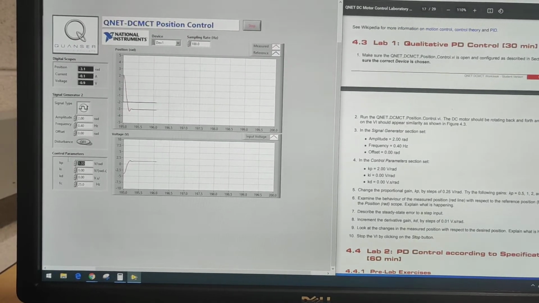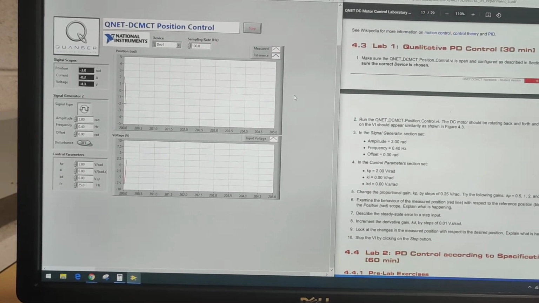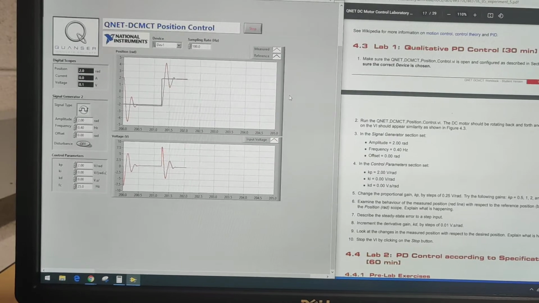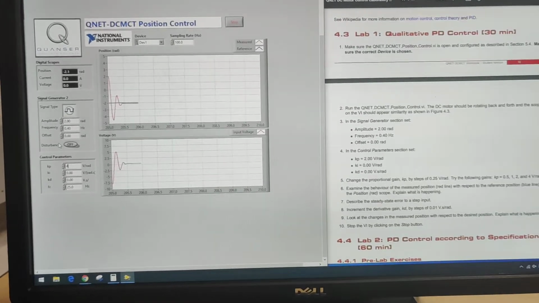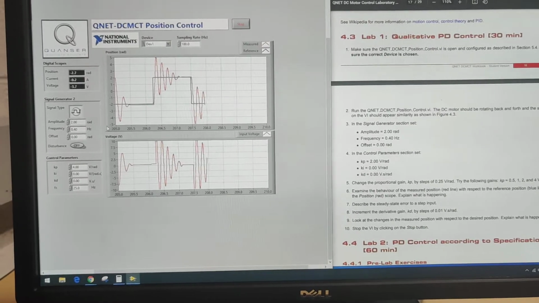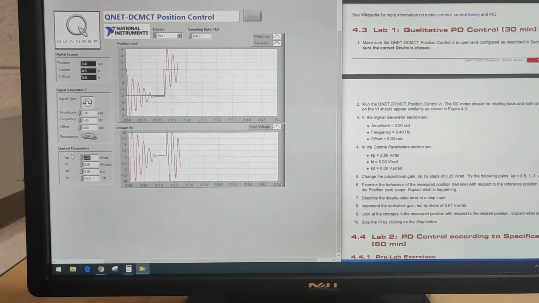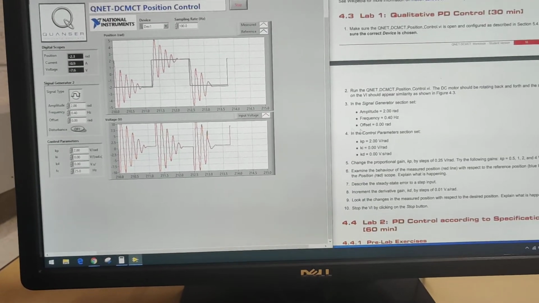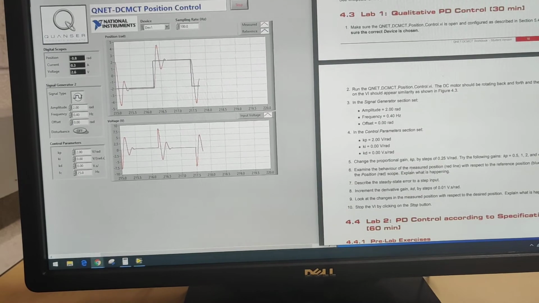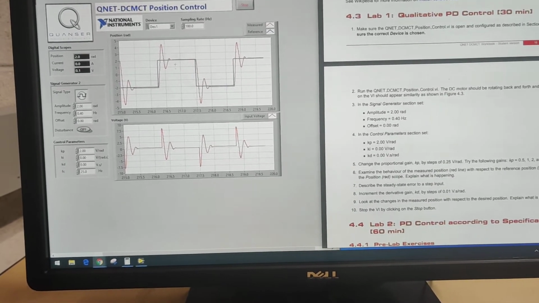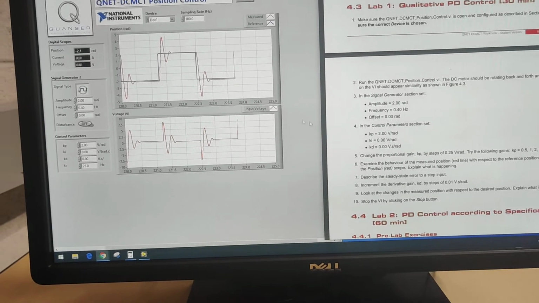And if we make it 2, it will be overdamped. All right, and if we change it to 4, there will be more oscillation to the signal, to the positions. Okay, let's go back to 2. And then it asks us to examine the actual measurements and the reference point with the blue ones,